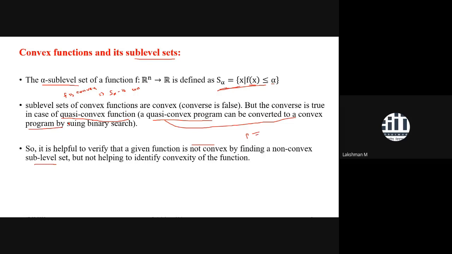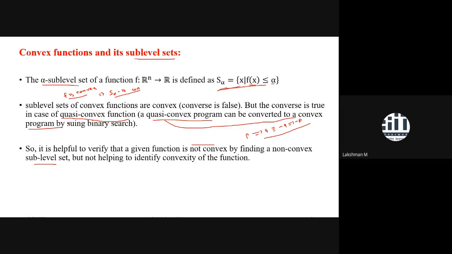In place of that, what you do is establish that not Q implies not P. So P implies Q is equivalent to not Q implies not P. We call this the contrapositive relation, or contrapositive implication. So here we had a relation that if f is convex, then the sublevel set f alpha is convex.